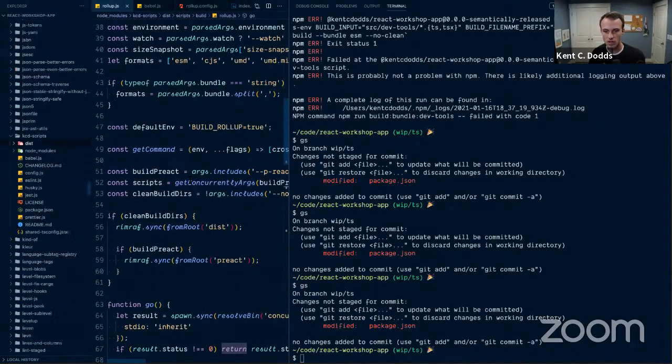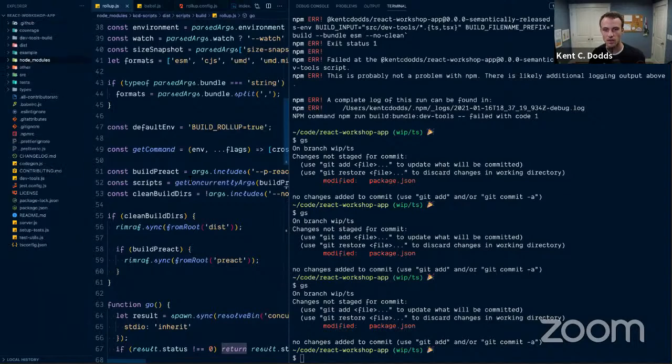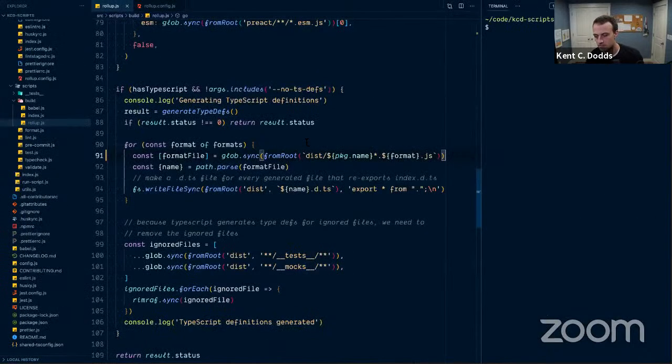So this is why we're not happy, because I'm telling rollup to send it to this directory, but then we don't have our type definitions going to that directory. So we need to find a way to say over here, yeah, this is where things get kind of tricky. I kind of wish that I'd done things differently with how I do the rollup build, because right now the way that it works is